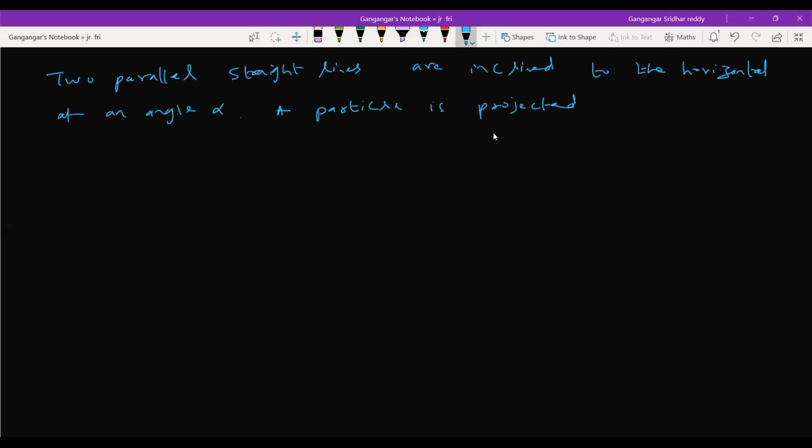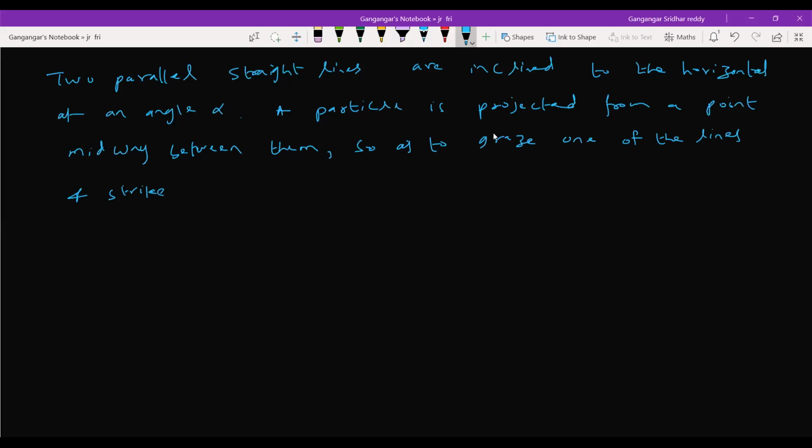Read carefully. A particle is projected from a point midway between them so as to graze one of the lines and strike the other at right angle. Show that